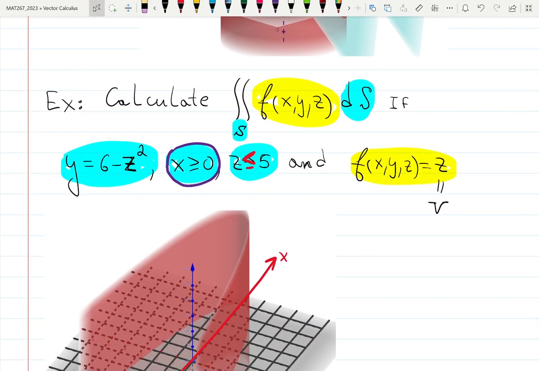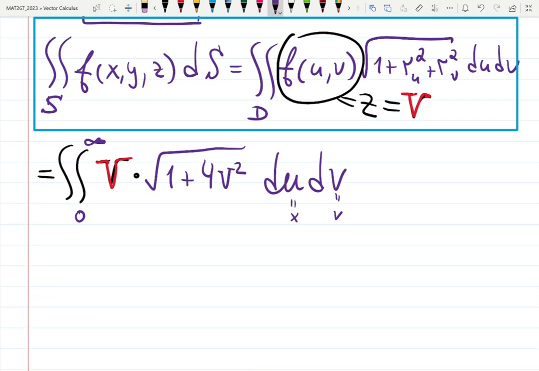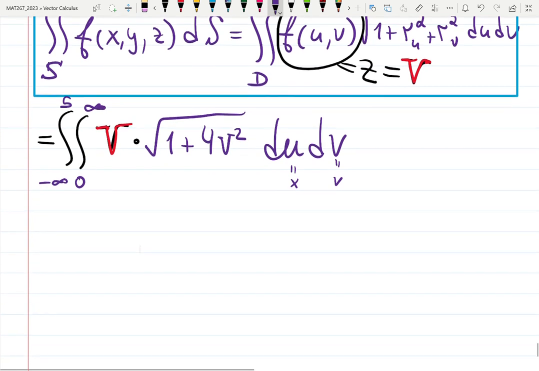Now, how about z? Z is less or equal than 5. So from minus infinity to 5, I guess? That's v, right? To 5. And now we have to figure out if this is correct. The thing is,